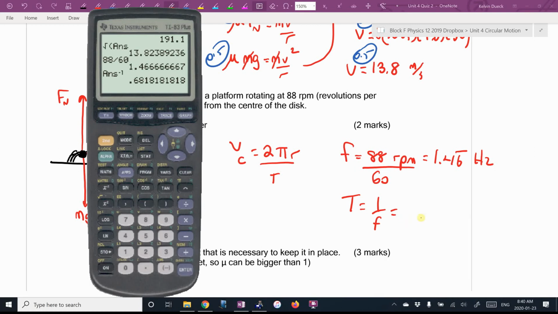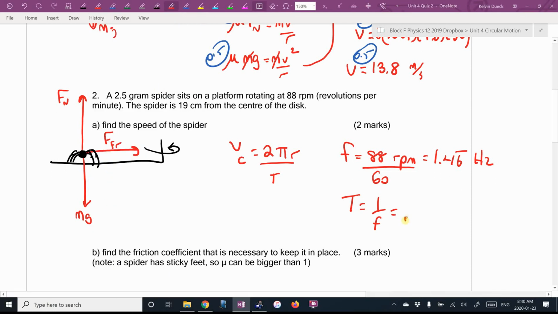1 over the frequency. Oh, there's the period point. I'm going to write 0.68, but I'm going to store this on my calculator. In fact, I think it's 6818 repeating. And now I can go V equals 2 pi 0.19, because it's 19 centimeters,